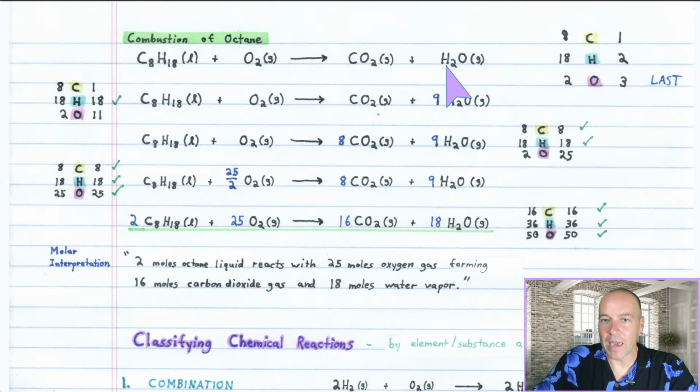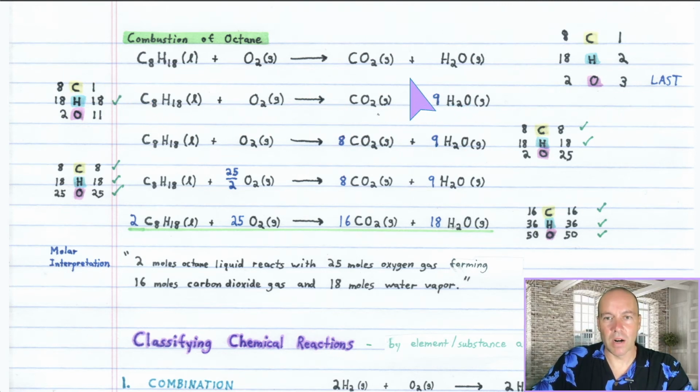Okay. And now we cannot change the formula itself. To increase the number of hydrogens, we can only change the coefficient in front of the formula. So to get 18 hydrogens on the right, you're going to need 9 water molecules. 9 times 2 is 18. Here's the count so far. So nothing has changed on the left. You got 8, 18, and 2 on the left. But on the right,